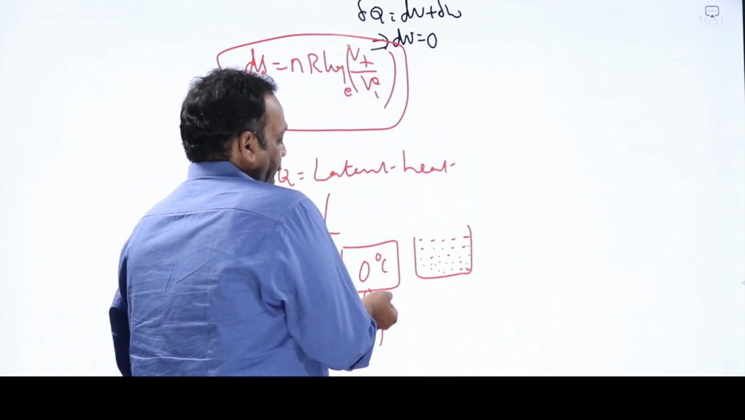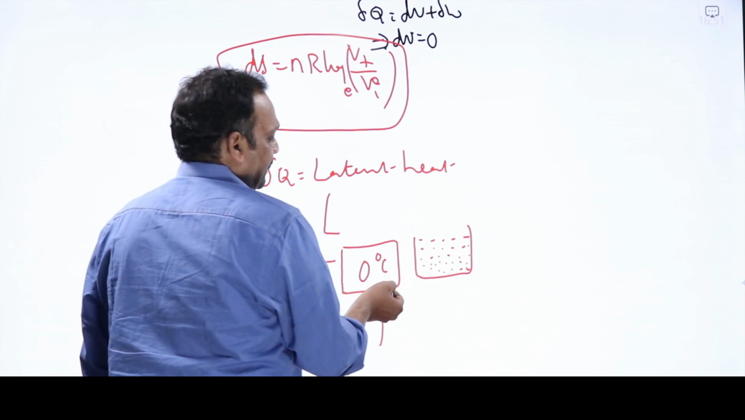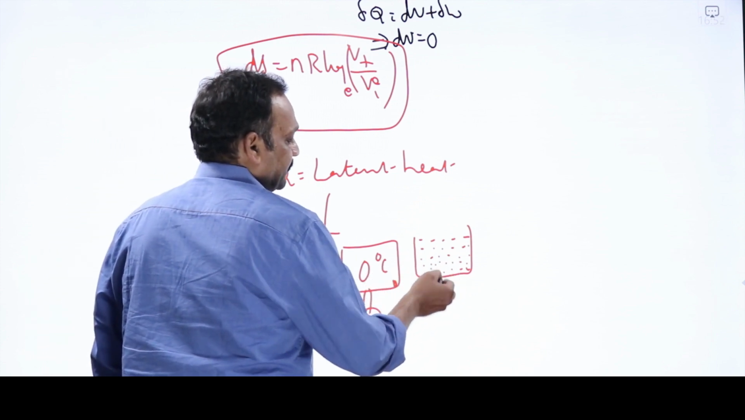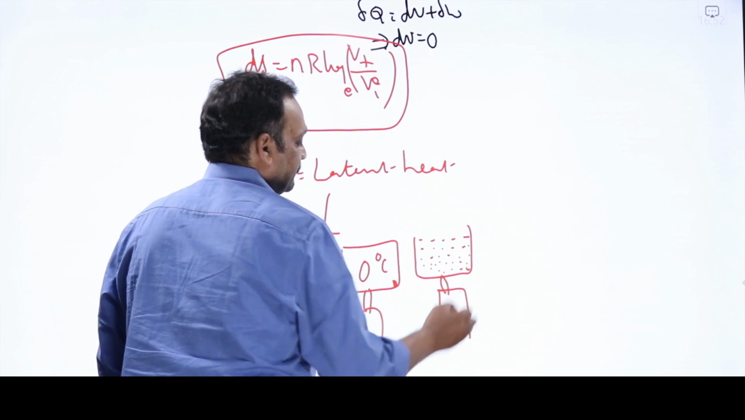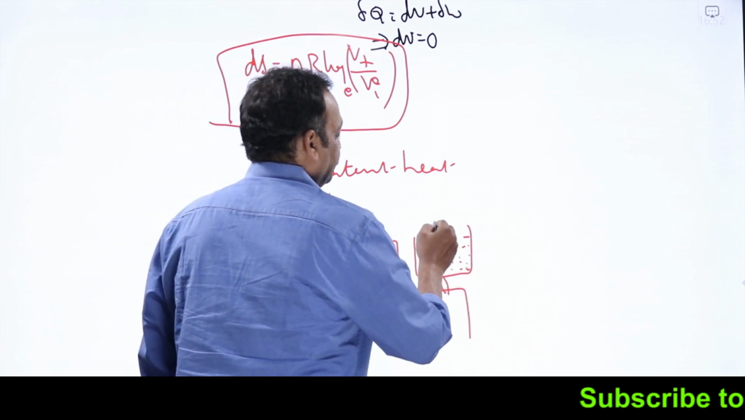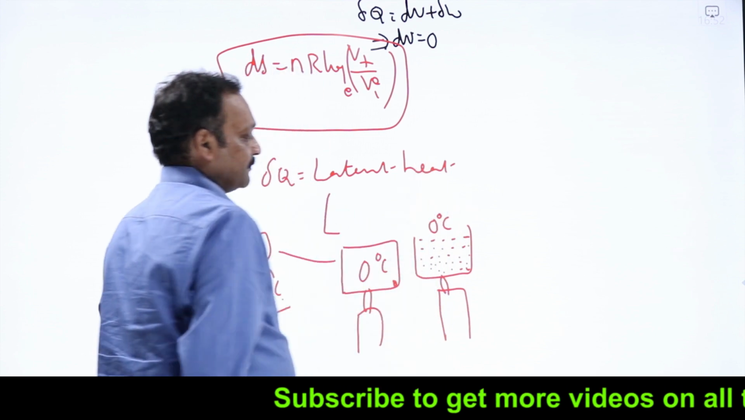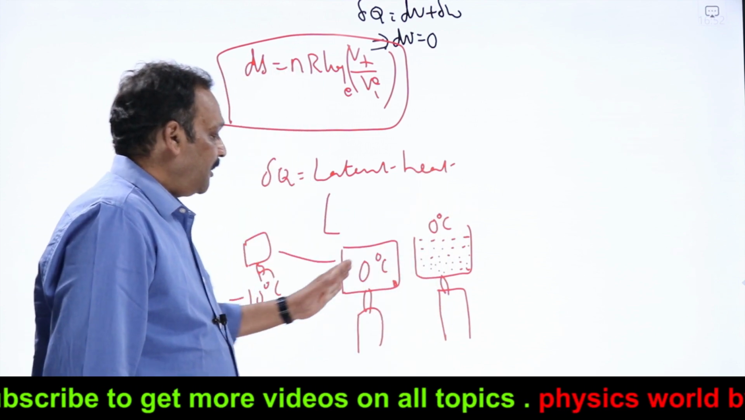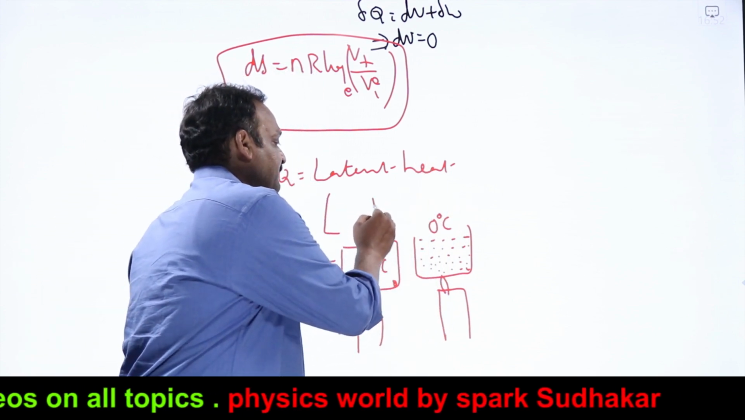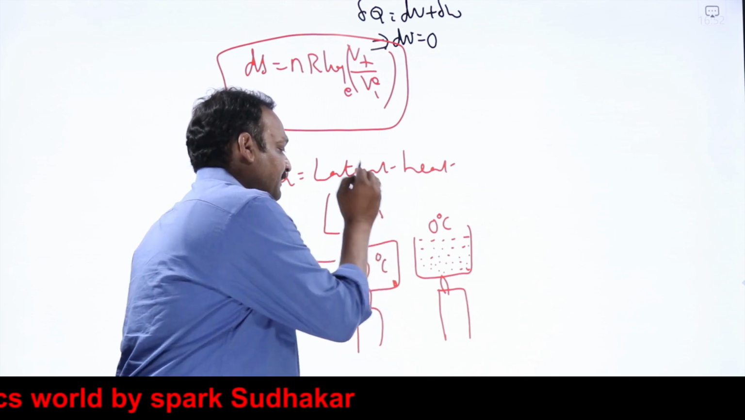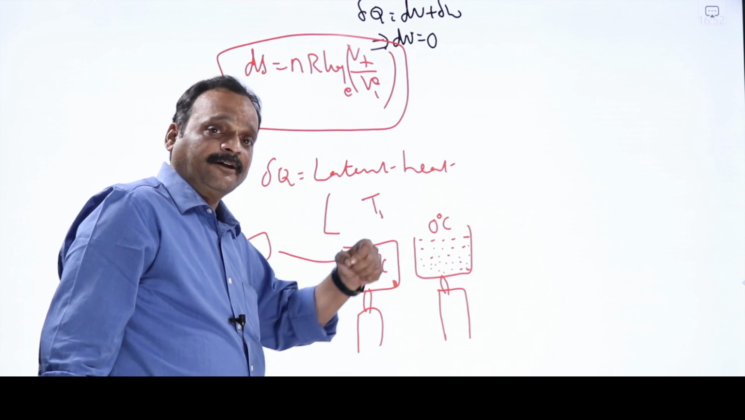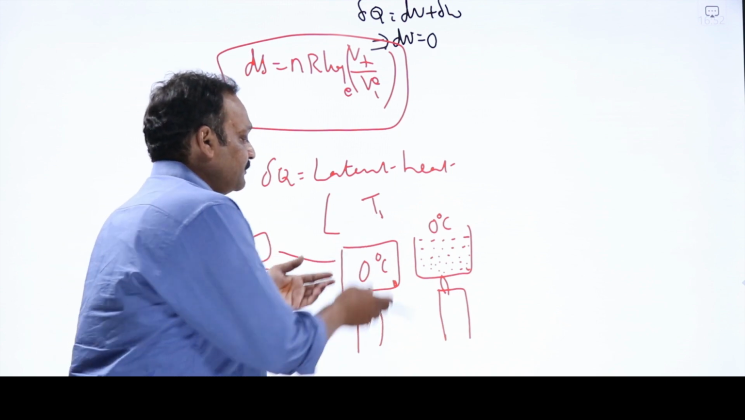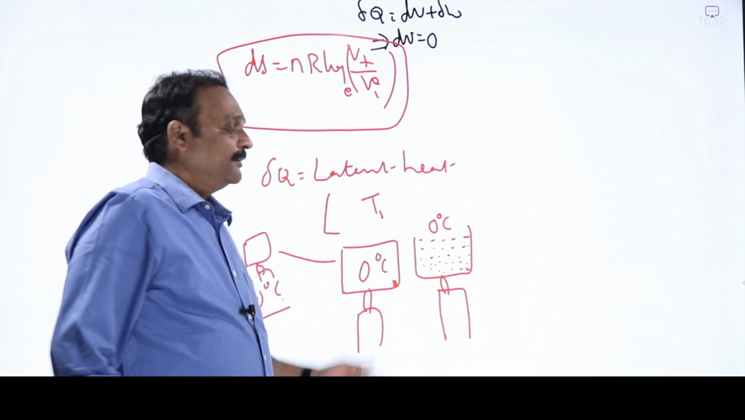Till the last bit of ice transforms into water, temperature will not increase. Now the entire substance has been converted into water. We will get water at 0 degrees Celsius only. So at a constant temperature of 0 degrees Celsius, or some temperature T1, the system is absorbing heat. That heat is not used to raise the temperature, but to change the phase of the substance from solid phase